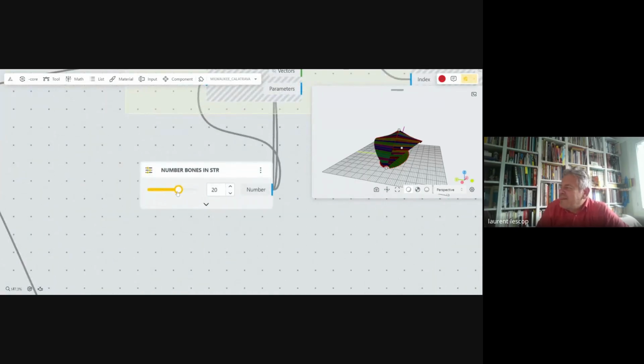Number of bones. They have got 20, so it has to be not an odd number, because if it's odd, it's not working. I got an issue. 60.